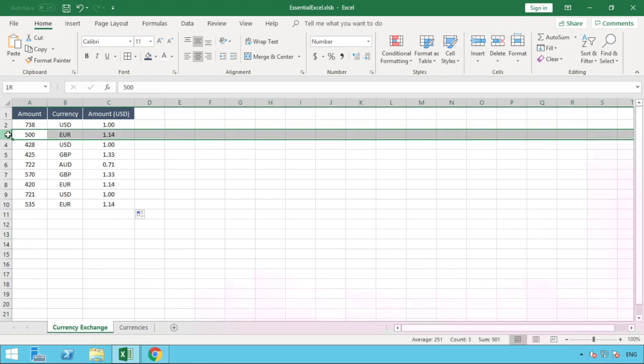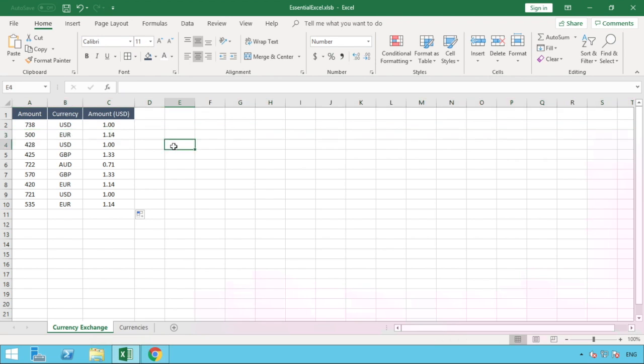These are the amounts we need to uplift the value we currently have in A by. So for the euro we need to times 500 by 1.14 to convert that euro amount into a dollar amount. If we were to keep it separate, our formula would look something like this: equals the value in column A times the value in column D, and hit enter. And then if we pull this down,